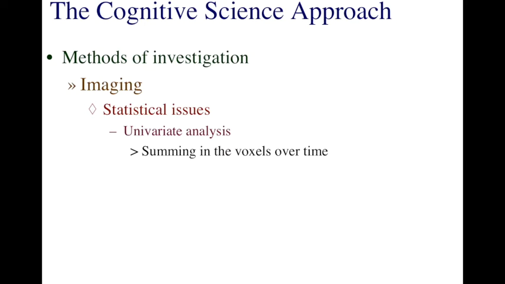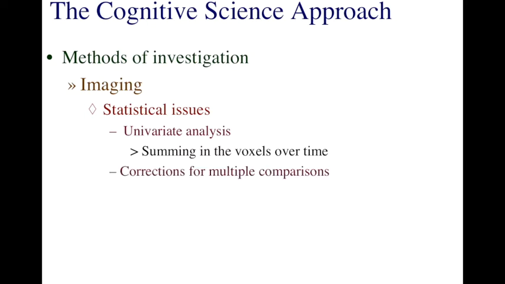Well, the problem with doing this is that something interesting may be happening over those 10 seconds. Is the amount of blood flow constantly increasing? Are there fluctuations in the amount of blood flow? Does it rise, fall, and rise again? We don't know because we sum over time. A better approach might be to look at how the blood is flowing across time to see if there are changes across time. This, of course, would be quite complex, although there are some researchers who are doing it.